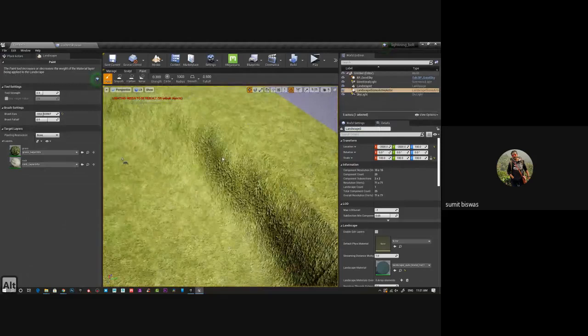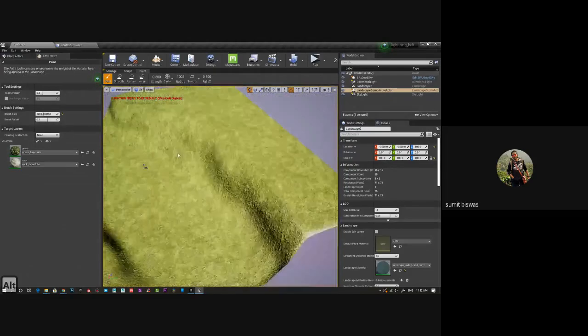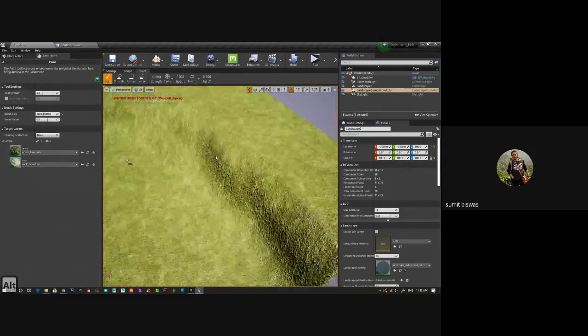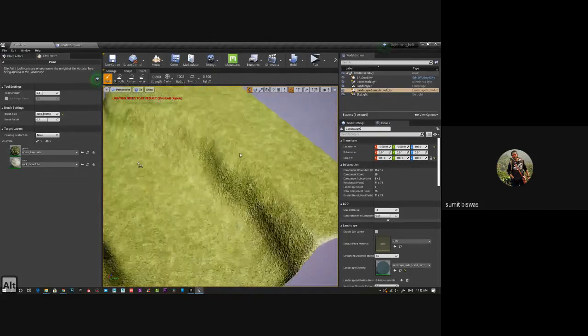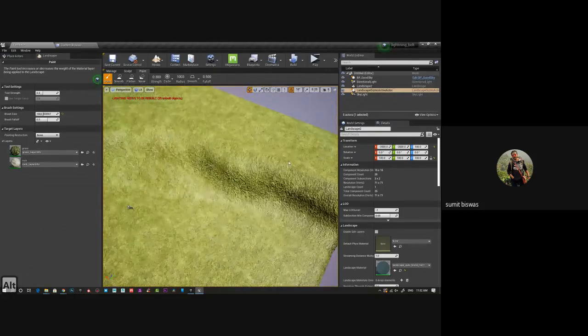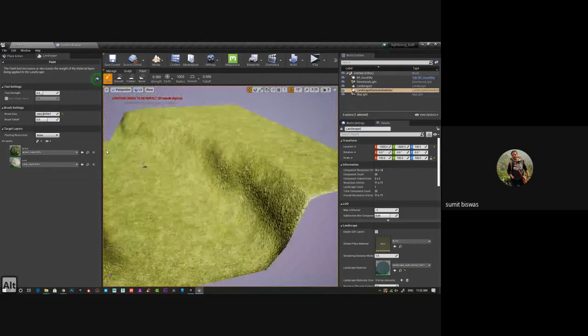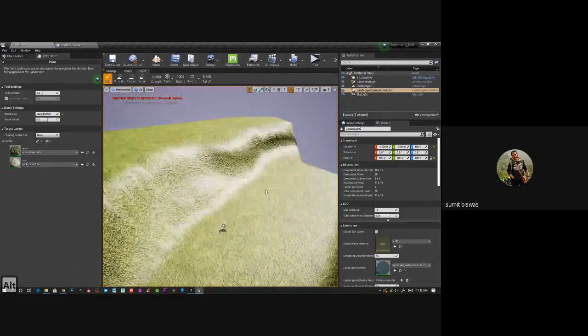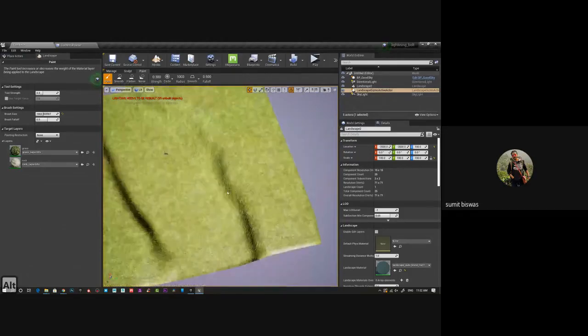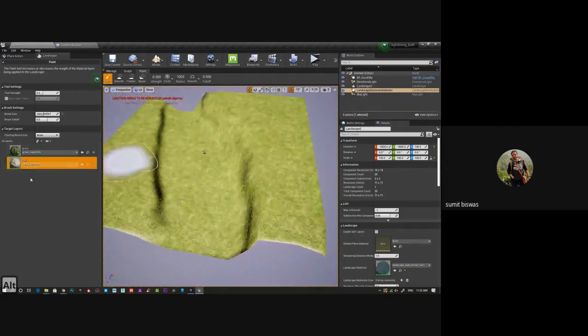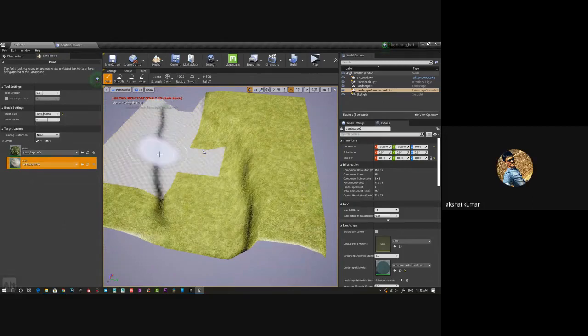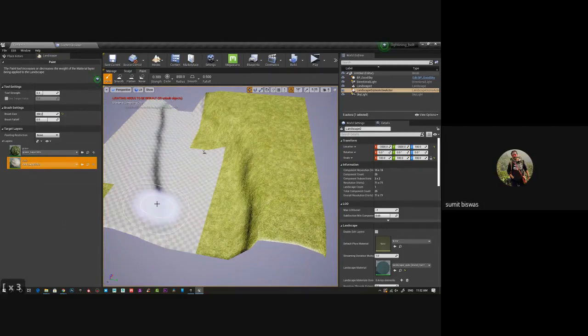And you can see it automatically optimizes based on the camera distance. So everything is automated. Right now it's showing you only grass. If I want to apply rock, just select rock. I need paint. And just simply paint, drag. Okay, sir. So it will compile. Just give me 2 minutes.